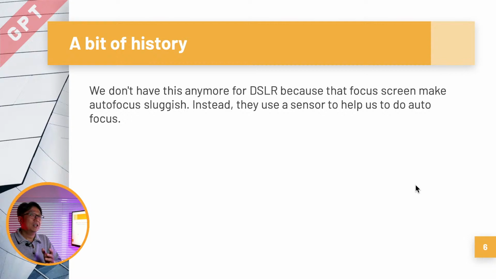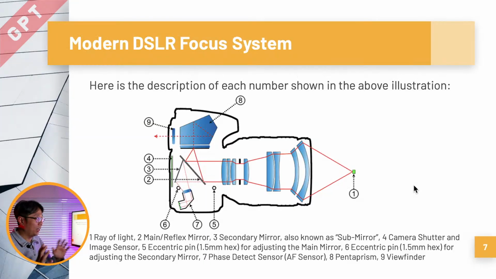So we might have to learn how they do the focus in order to work together with the camera, so it can help us do a better job. Otherwise, you will find that the camera will always tend to focus on something you don't want. So this is the short history of the focus lens, and then we talk about the modernized